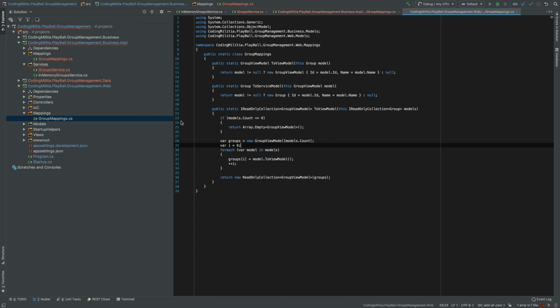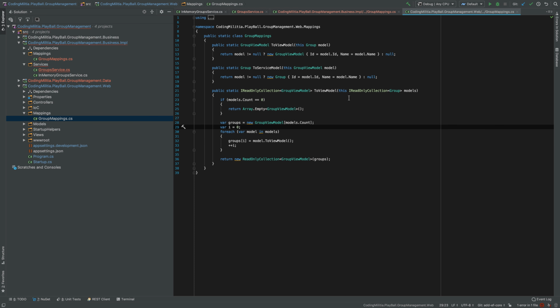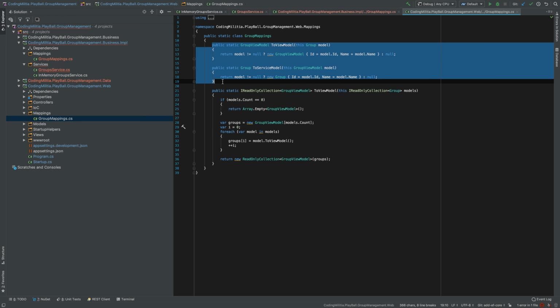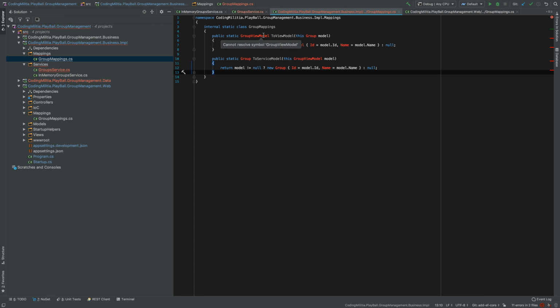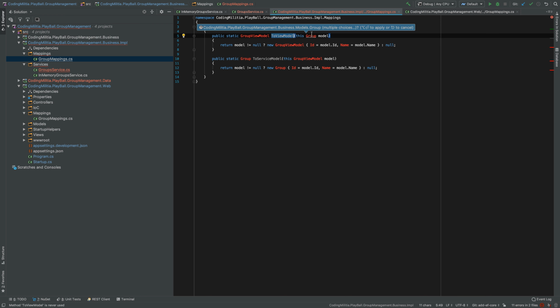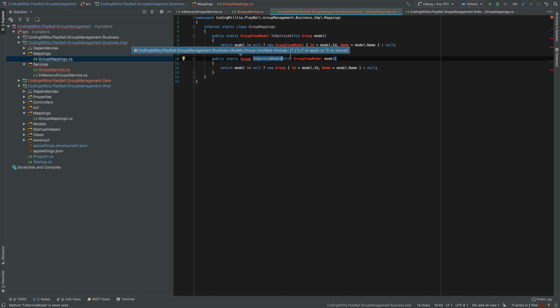Let me copy stuff from here, because it will be very similar. Instead of group, this will be called to service. This will be called to entity. So